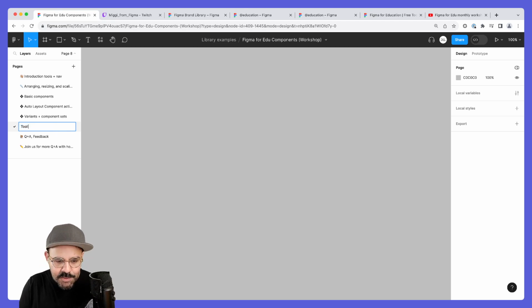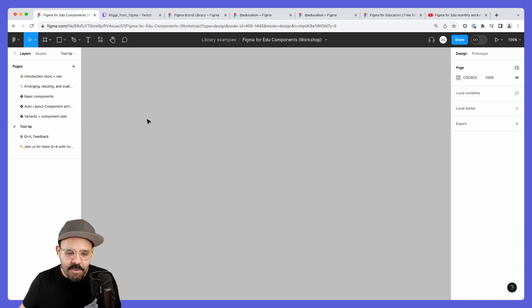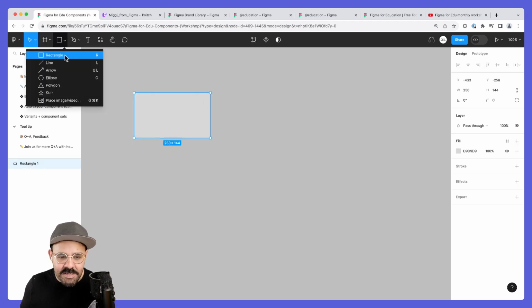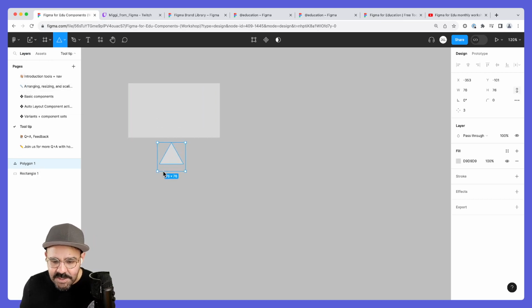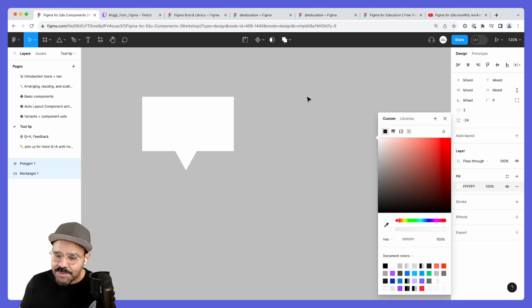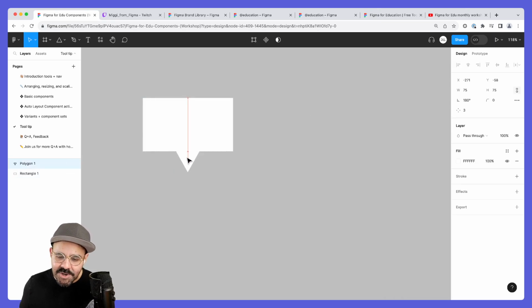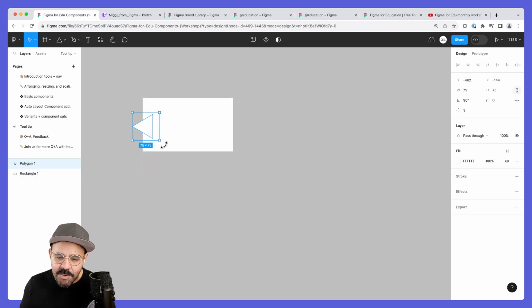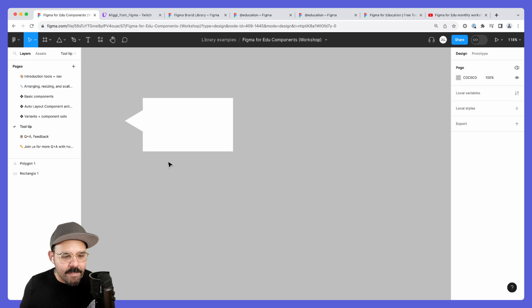Let's say tooltip. In order to make the tooltips, I'm going to make them auto layout. If anybody doesn't know what I'm talking about, basically a tooltip looks like this. Let's say I get a little triangle, right? Sometimes when folks are making tooltips, you want the little triangle either on the bottom, on the right, or on the top, and